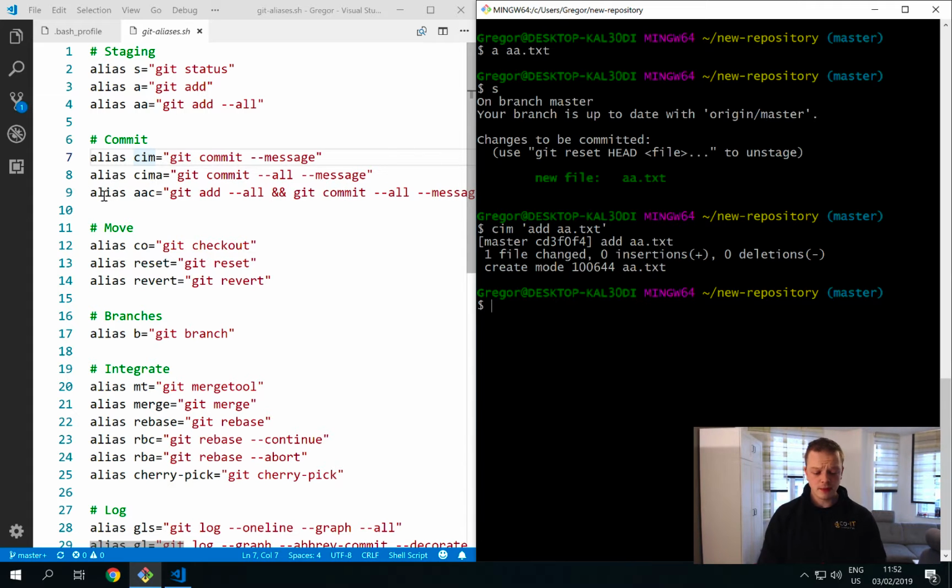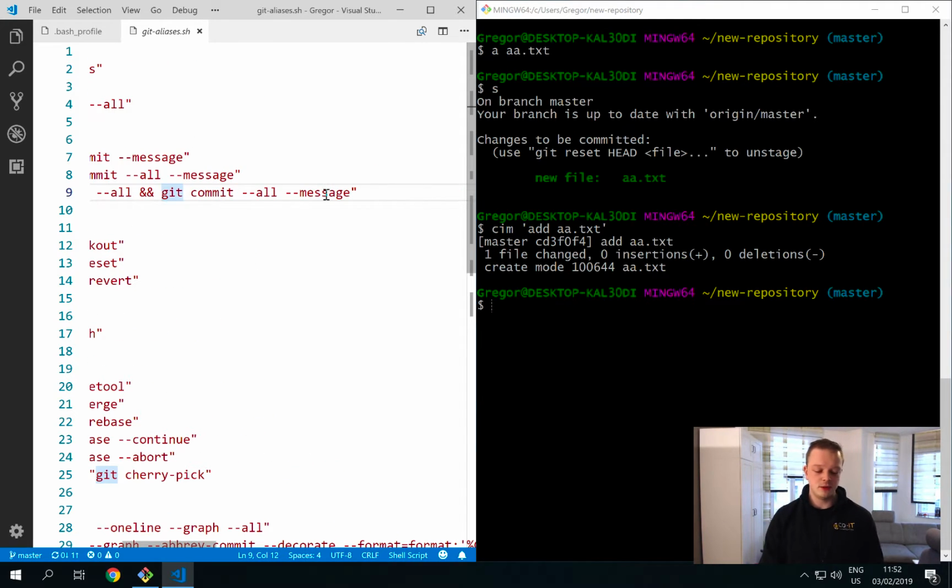I have also something called SEMA, I think it's clear, it's a git commit, and it already adds the --all parameter as well. And there is a command called AAC. It could be a little bit dangerous, so you have to keep in mind if you really want to do this. So AAC will add every file, also the untracked files, and then it will just run the git